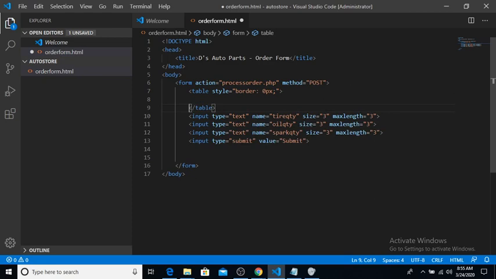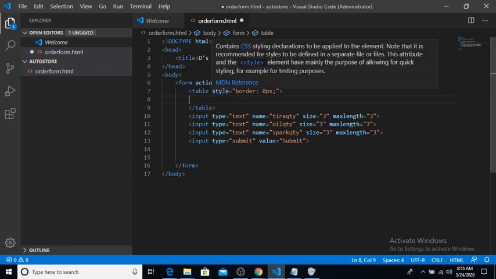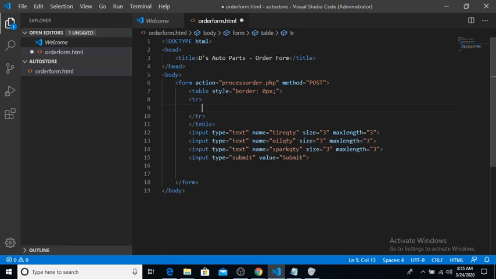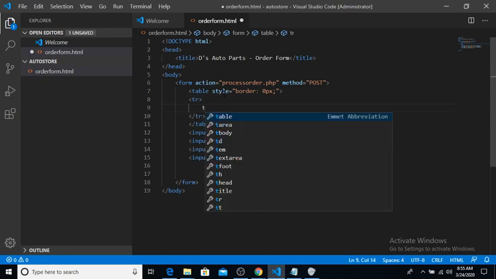Okay, so first we're going to need some rows so that we can put our input fields inside that table. So let us create a couple of rows. So first, tr, and we want to have